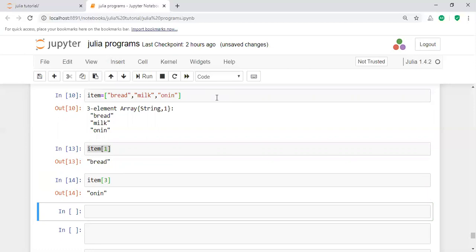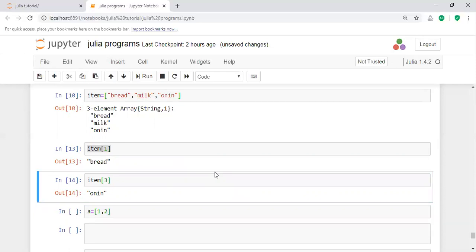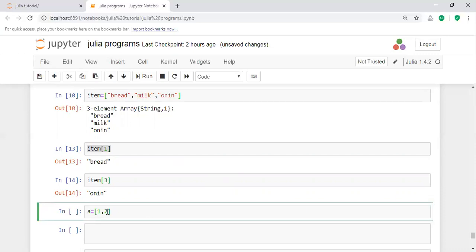Now you can represent another type of array, an integer array. How can you represent an integer array? For example, a equal to, in square brackets, 1, comma, 2, comma, 3, comma, 4, comma, 5.